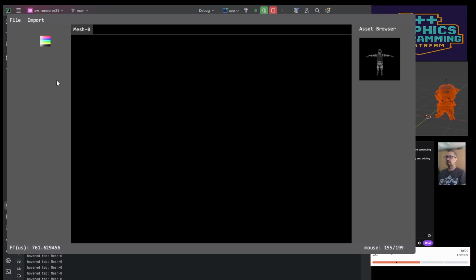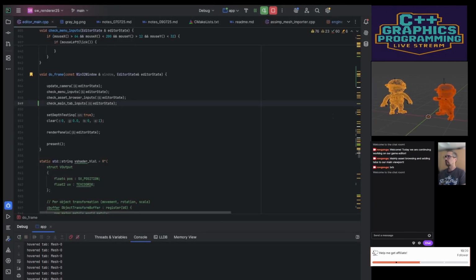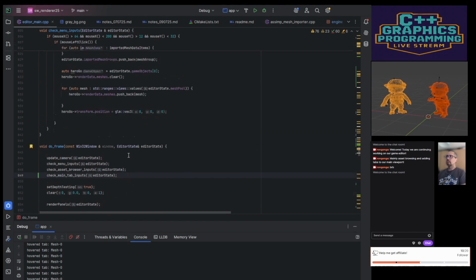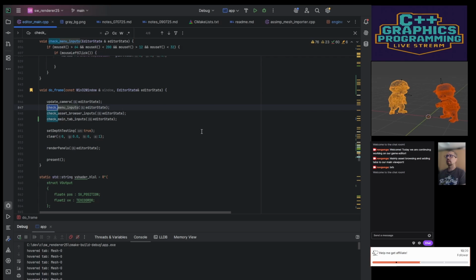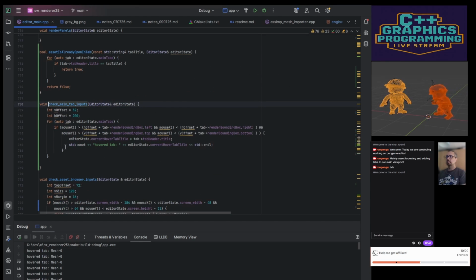Hover tab mesh 0. No, that's not how it's meant to be. Check, because if we do not have this,